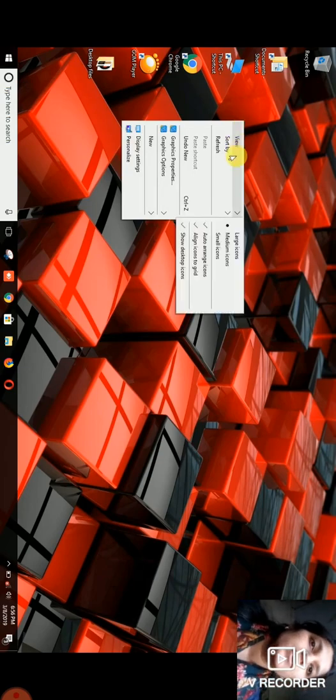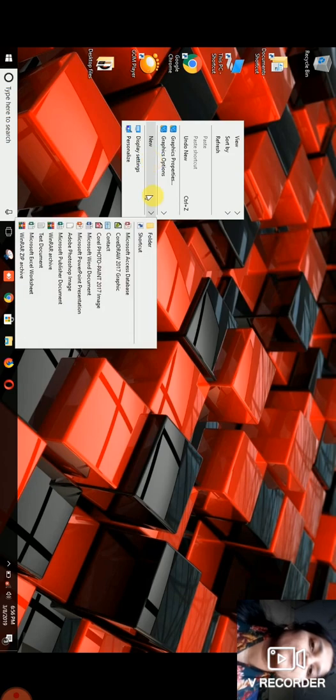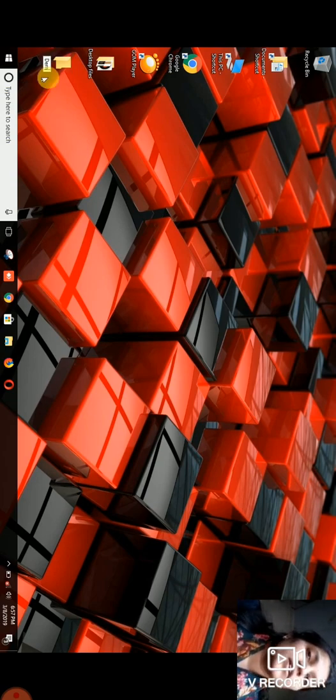So yes, we have to right click in the desktop area, go to New, and then we get the New Folder option. When we click on the folder option, we can create a new folder. So we just have to right click in the blank area of the desktop. In this way we can create a new folder. Then we give the name to the folder, that is demo. You can give your name also.